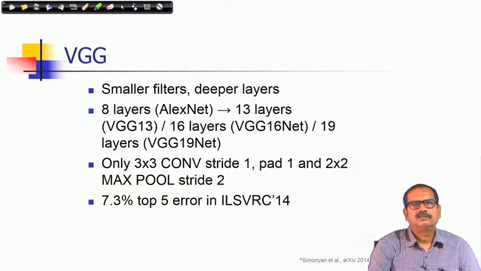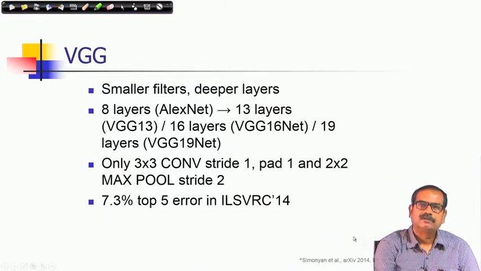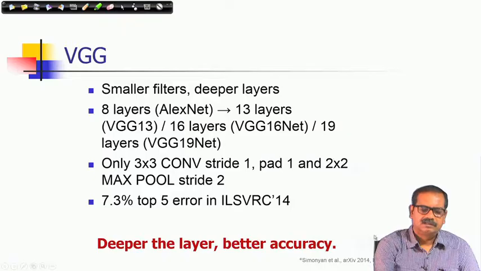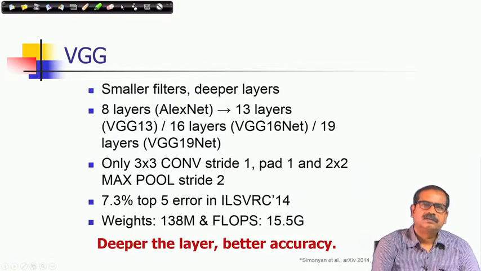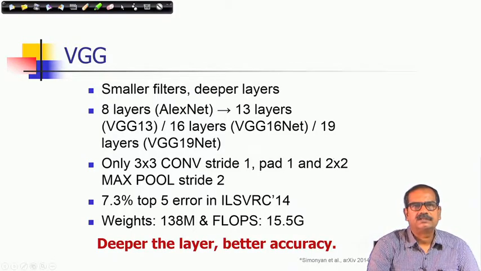And only 3x3 convolutional filters are used with stride 1, pad 1 and 2x2 max pool with stride 2. So, the filter specification is very simple for the VGG network. The observation here is that the deeper the layer, the better the accuracy. In this particular VGG network,